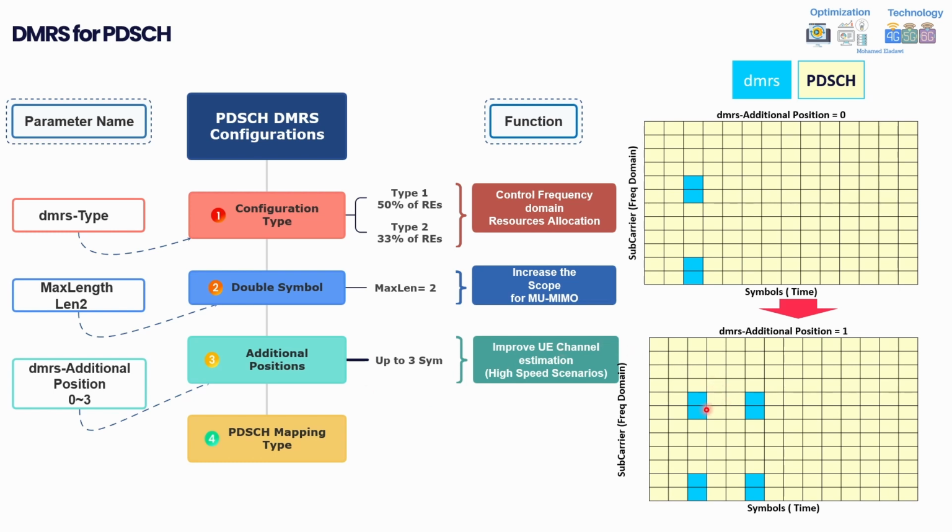And also I need to add one important part: additional positions will consume overhead and also will impact your max speed. So you have to be very careful whenever you choose the scenarios where you are going to implement this part. It's not recommended to roll it out for the complete network. You can just choose areas or locations where this kind of thing is really required.